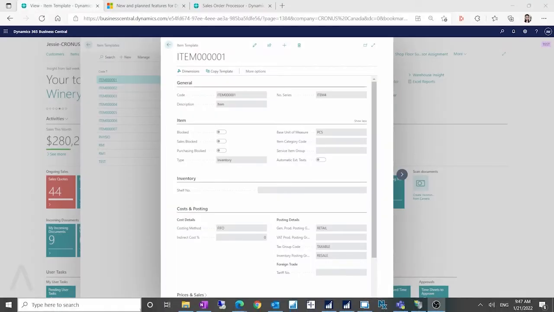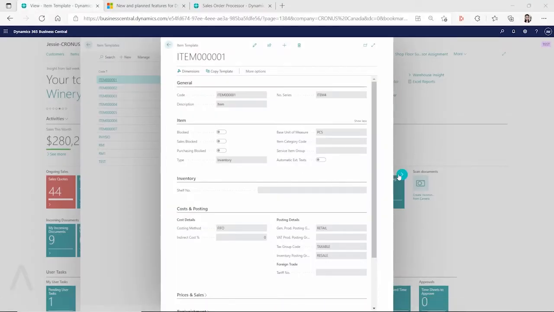Hello everyone. In this video, I want to demonstrate how you can create an item with different number series naming conventions from the item template. Previously, if you are using any version before October 1st, 2021, which is any version before Business Central version 18, then you will not be able to see item template, customer template, vendor template, and employee template separately. But since that version, if you search item